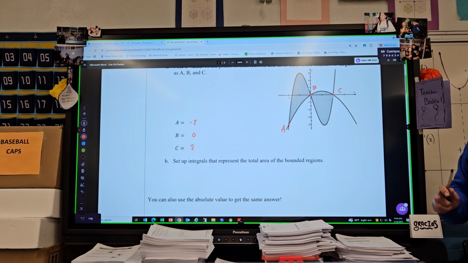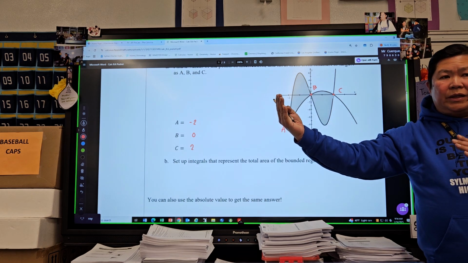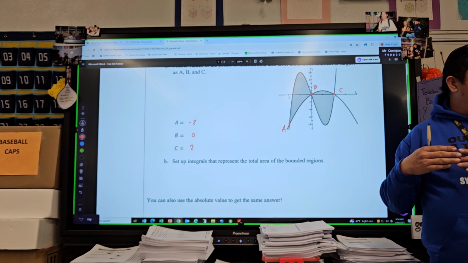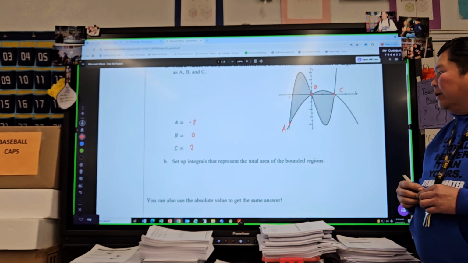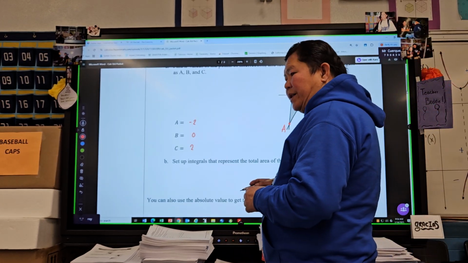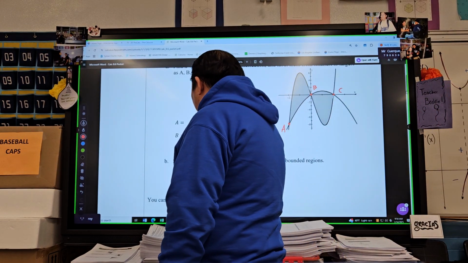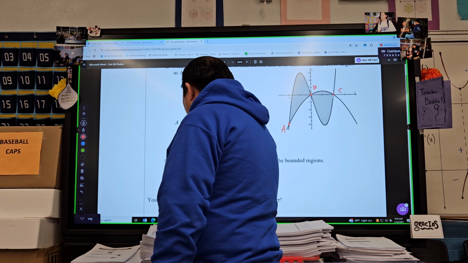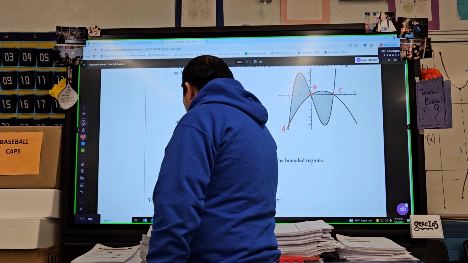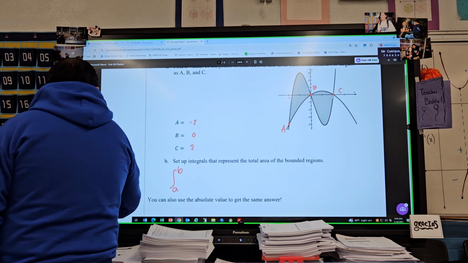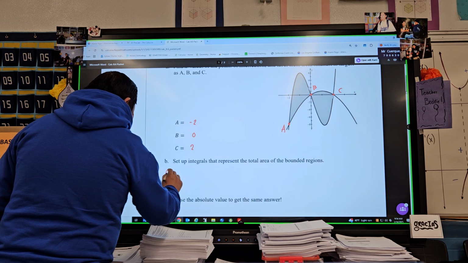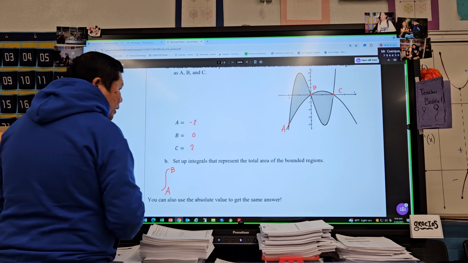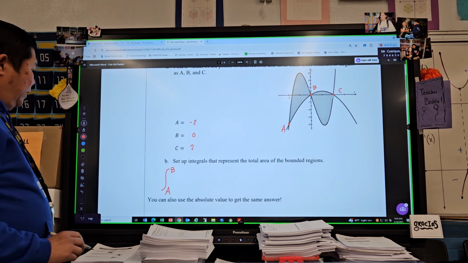What is the first interval, guys? The first interval is from A to B, right? You get me? So therefore, we are setting this as the integral from A to B, okay? And then